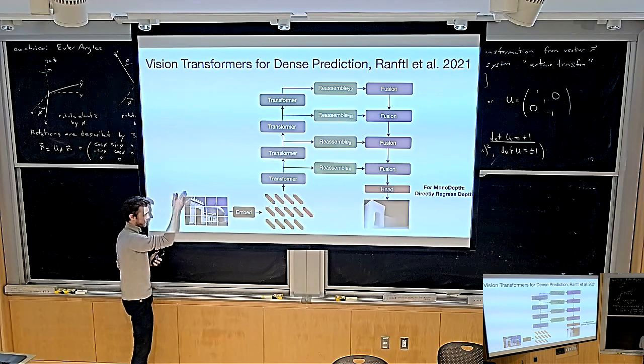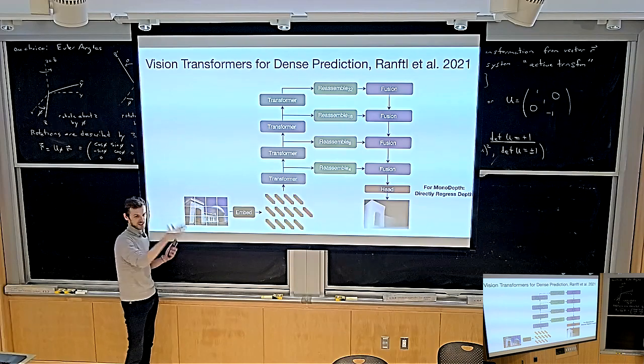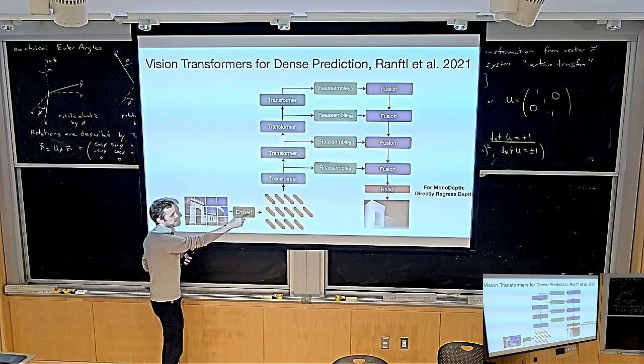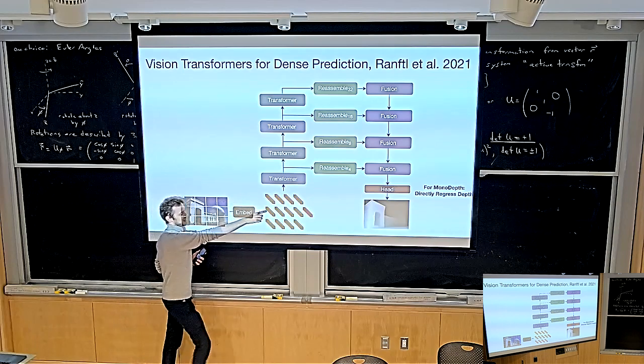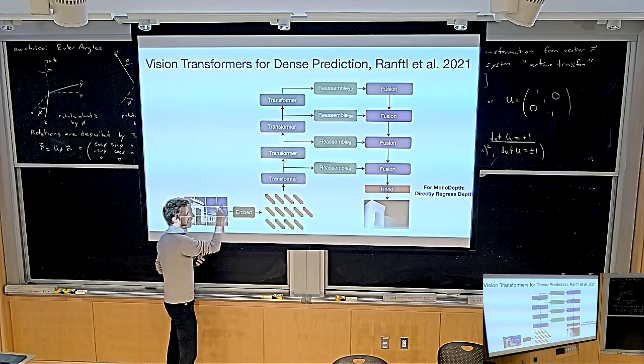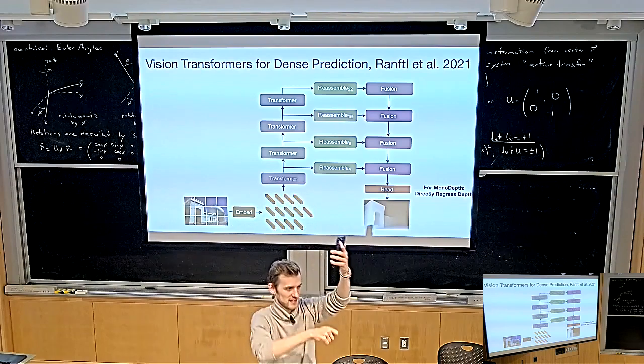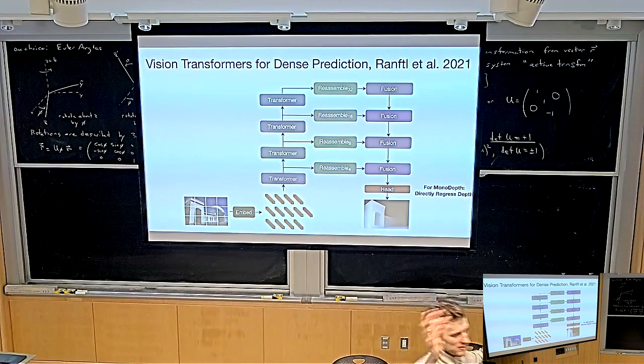You take the image, you split it into patches. So this is what this shows. You take an image, you split it into patches. Each patch is like 16 by 16 pixels. Then embedding just means you have a linear transform for each of these patches, which gives you some high-dimensional feature vector. So you take this patch, it's 16 by 16, you flatten it, and then you have a matrix that takes 16 times 16 to, I don't know, 1024. That's the embedding for each of these patches.